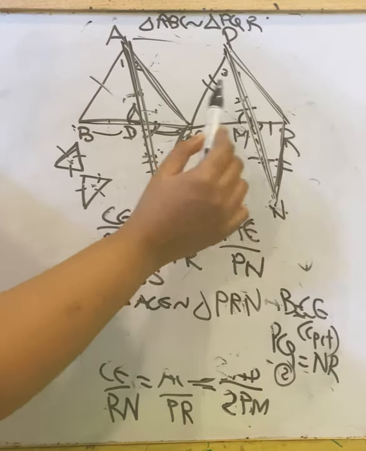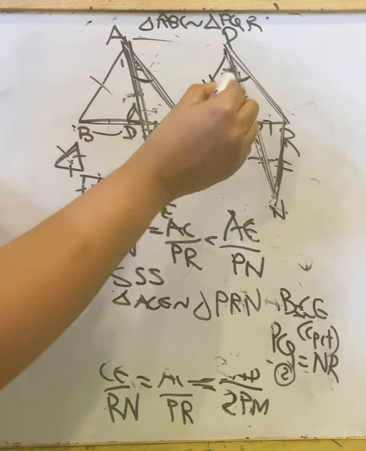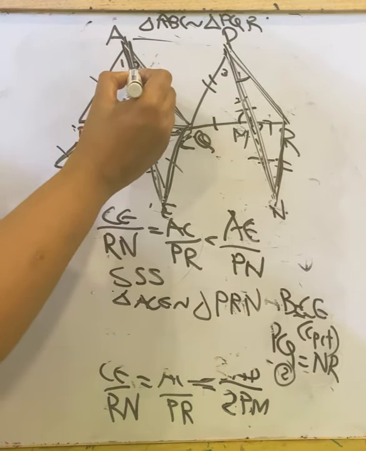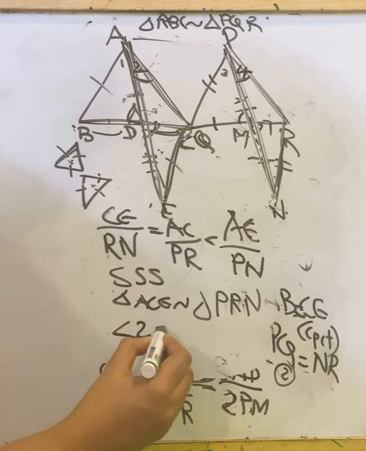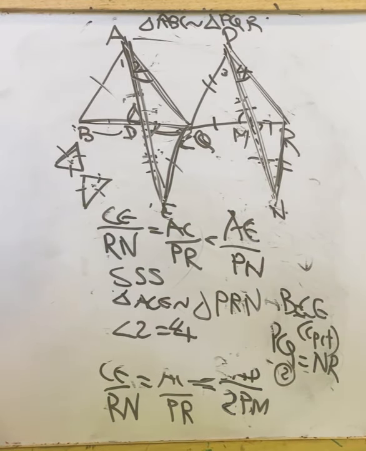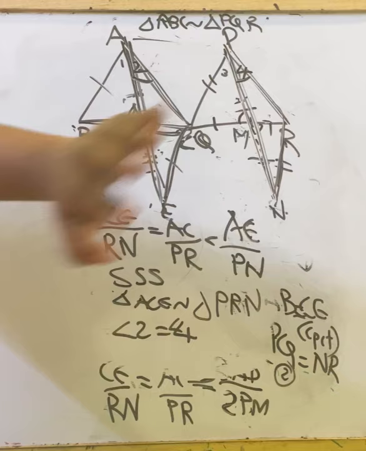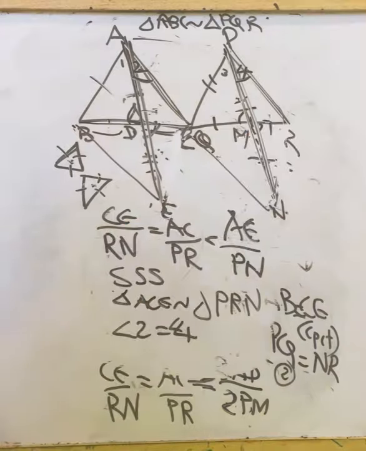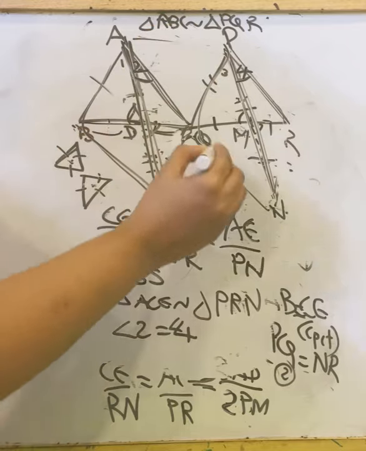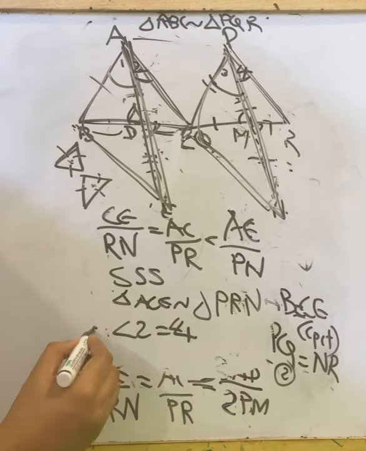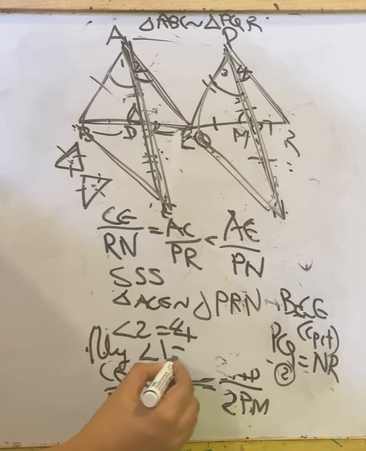As these two triangles are similar, we can say this angle and this angle are equal because in similar triangles angles are equal. That is, this we named as 2 and this is 4. Angle 2 equal to angle 4 because these triangles are similar. Now, as we did on the right side, we are going to construct a triangle on the left side also. Then proceeding with all the same steps, lastly we will get this triangle and this triangle are similar triangles and angle 1 equal to angle 3. Similarly, we can prove angle 1 equal to angle 3.